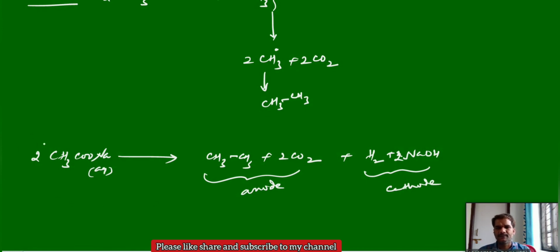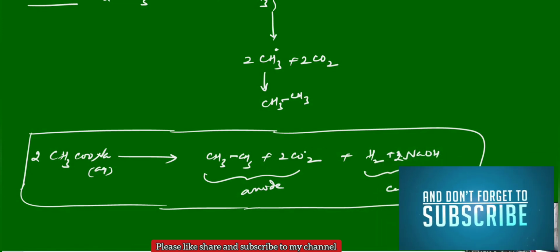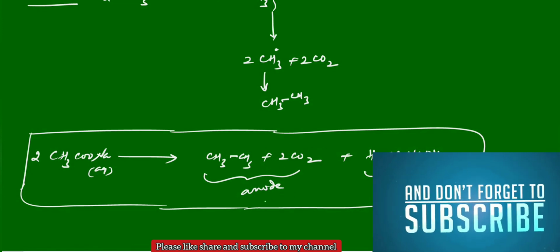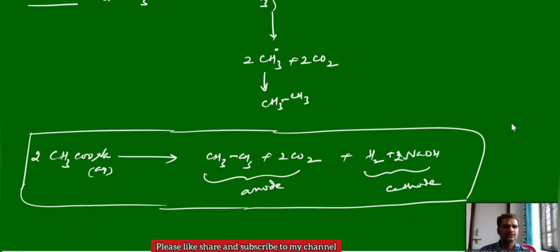Again, this reaction is very important for further numerical calculations. The questions can be asked how much amount of ethane is liberated or how much amount of carbon dioxide is liberated by passing some X amount of current. Then what is the carbon dioxide, or what are the gases liberated at anode or cathode? This type of numerical. This is overall about the qualitative electrolysis, means what type of substances will be obtained at the corresponding electrodes. This is the first part in, you can say, electrolytic cell.